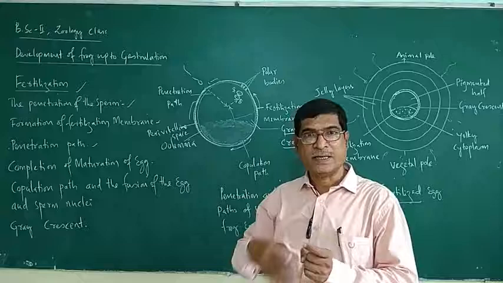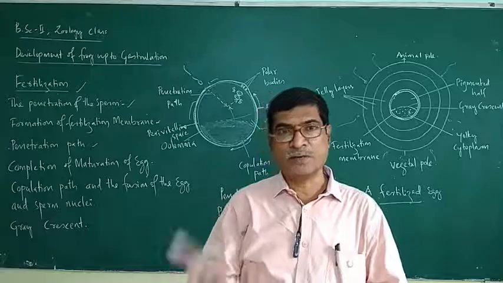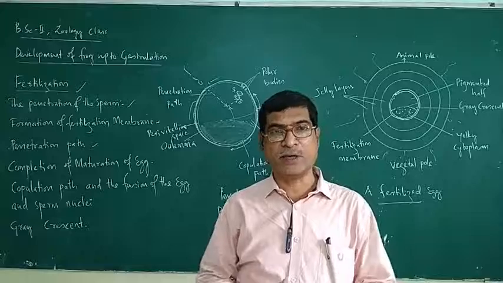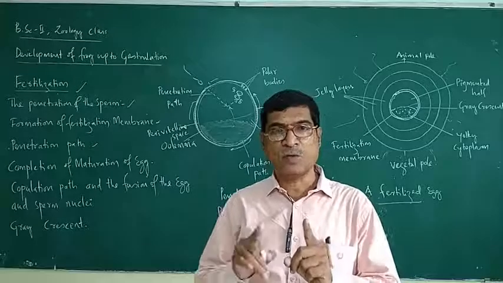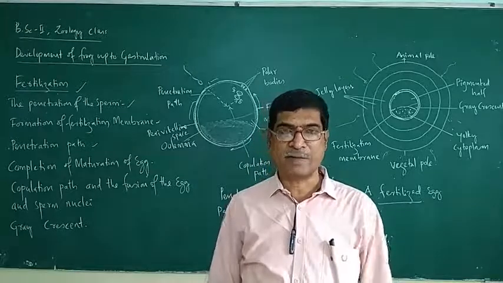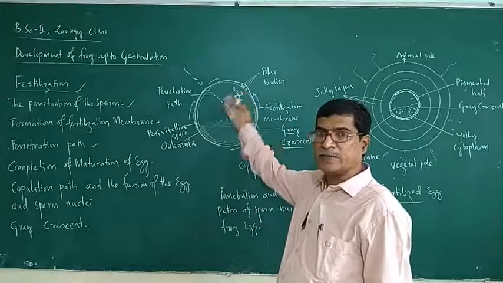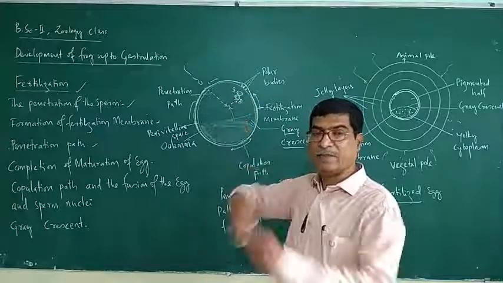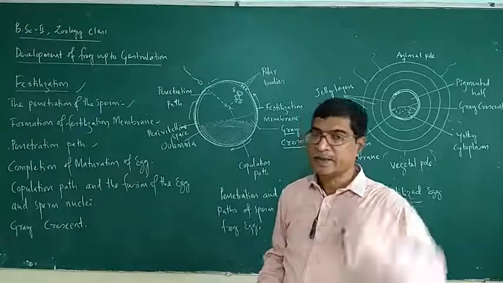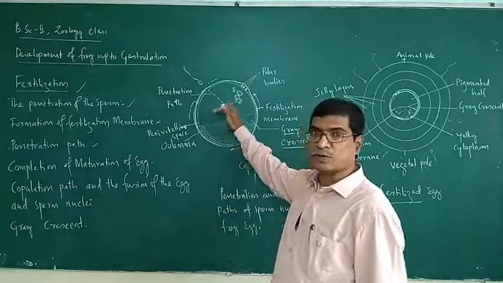The ovum is dividing, undergoing division by meiotic cell division. First meiotic cell division is completed. At the end of the first meiotic division, one secondary oocyte is developed and one primary polar body is developed. So the polar bodies are here. Then it enters into metaphase of the second meiotic cell division. Prophase 2 is completed, and in metaphase 2 the further growth is stopped.